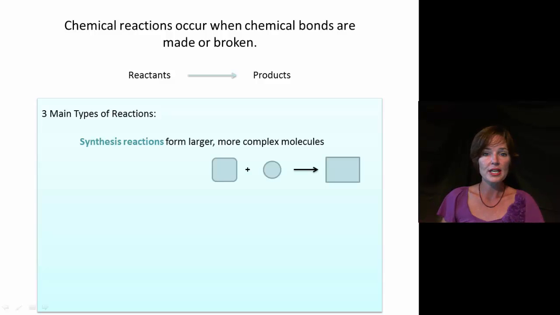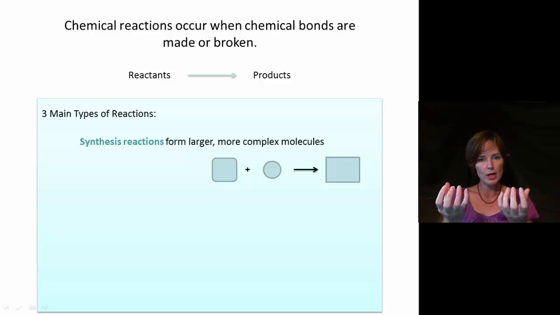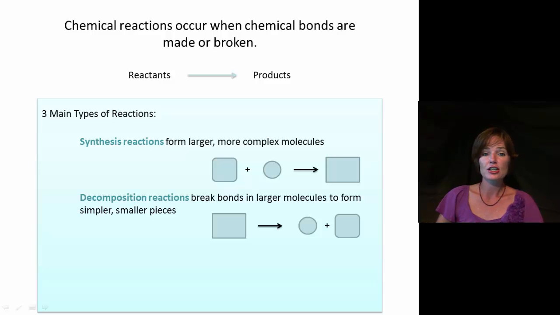The first type will be a synthesis reaction. Synthesis reactions are going to build or make things. So we're forming larger, more complex molecules from smaller pieces. Notice in the representation here, we've got two smaller pieces, and then we're going to combine them into something larger, more complex. The next type of reaction is just the opposite, because the next one, the decomposition reaction, we are